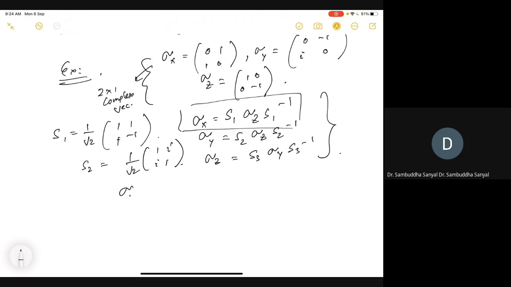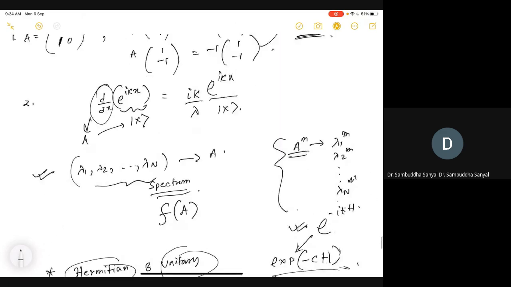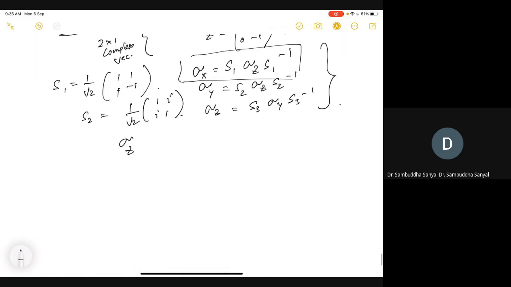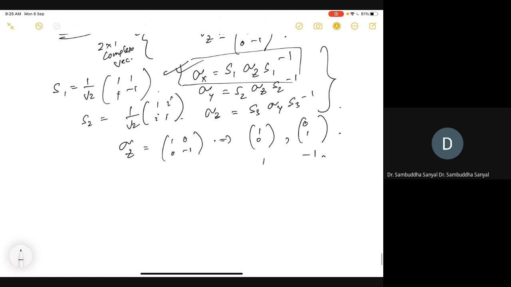For example, the sigma z example we just discussed here is actually sigma x, not sigma z. But let's take sigma z, it's very easy to see. So sigma z is 1 0 0 minus 1, right? So its eigenvectors are 1 0 and 0 1 with eigenvalues 1 and minus 1 respectively. So that means if sigma x is related to sigma z like that, sigma x will have the same eigenvalues 1 and minus 1, but the eigenvectors should be different. So check that if this is true. That is just to gain confidence on this statement.